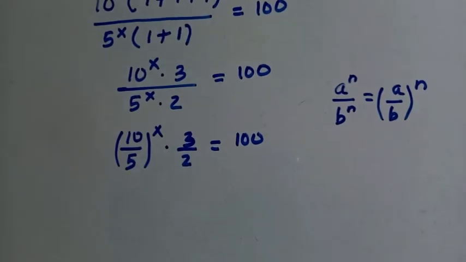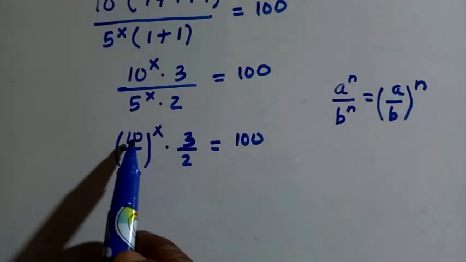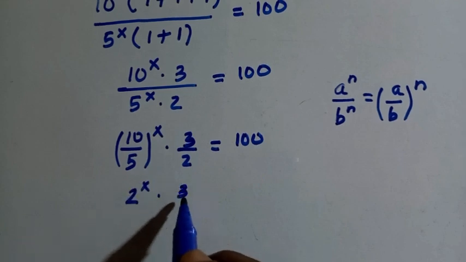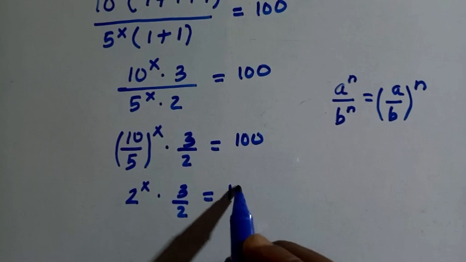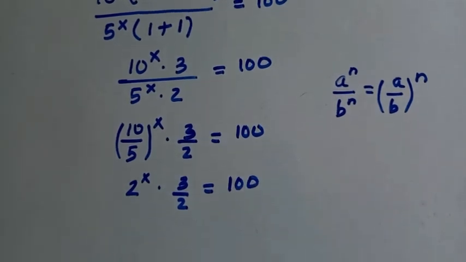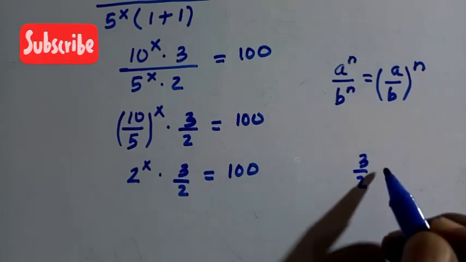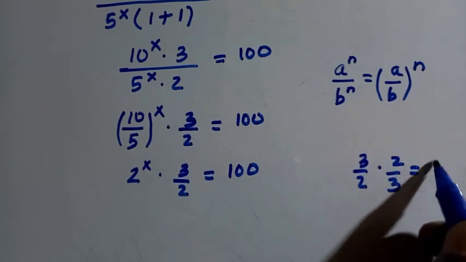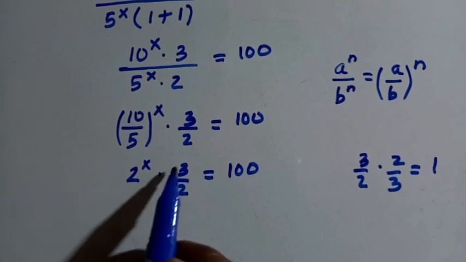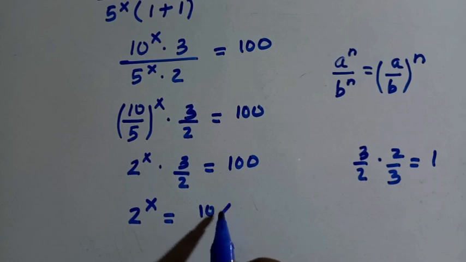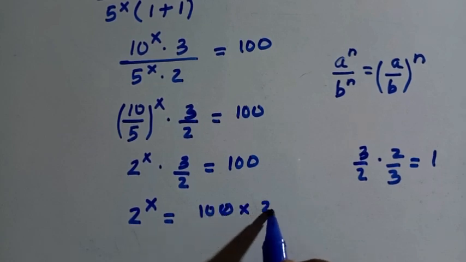And next we have 10 over 5, that is 2 power x, multiplied by 3 over 2, equals 1 over 2. On both sides, if I multiply by 2 over 3, we know that 3 over 2 multiplied by 2 over 3 equals 1. So at this side it becomes 1, which is 2 power x equals 1 over 2 multiplied by 2